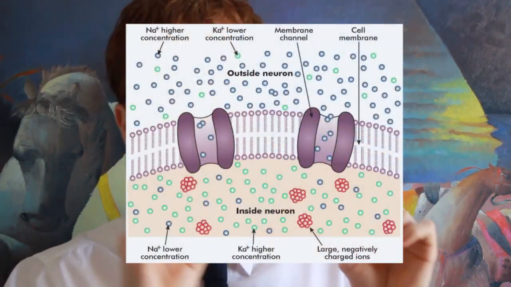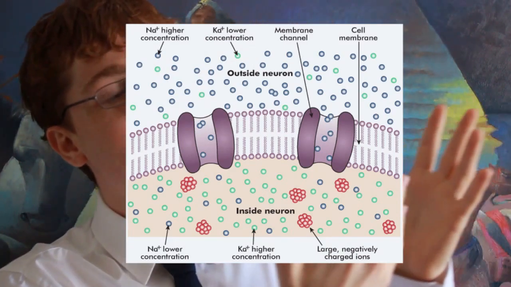And it accomplishes this by opening certain channels, or if you want to think of them as pores, to allow those positively charged ions to enter the cell, changing the charge from negative to positive, from resting to excited, and thereby triggering its effects, whatever those may be. After this is done, it closes those channels or pores to stop the positive charges from coming in, and then it begins to pump out the additional positive charge that it took on to reach that excited state so that it can return to the resting state and prepare for another activation.